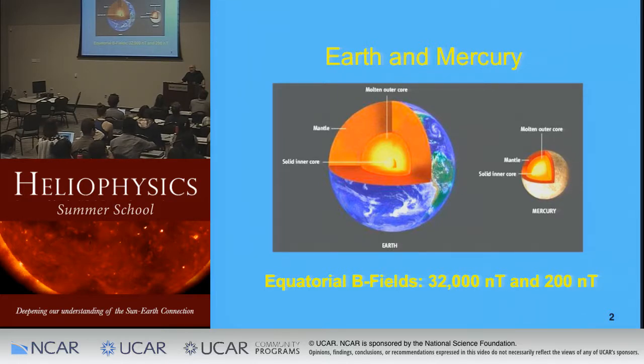You've got about an order of magnitude more solar wind ram pressure than you do at the Earth. And yet, the magnetic field that's standing it off, look at the tremendous difference in the surface fields. Now, in terms of the physics, though, it turns out that this 200 nanotesla, all by itself, if you take a distribution of solar wind pressures at 1 AU and you scale it to Mercury, in fact, about 95–97% of the time, that magnetic field is actually just sufficient to keep the magnetopause on the day side off